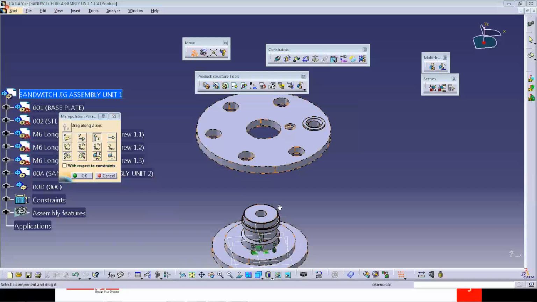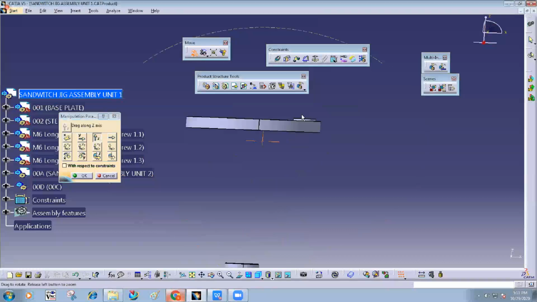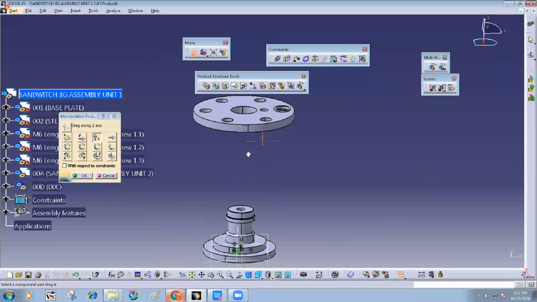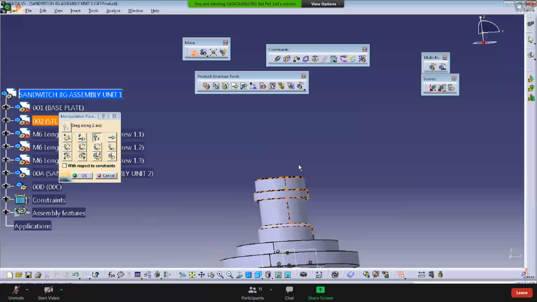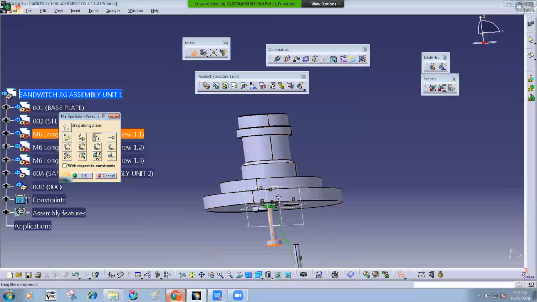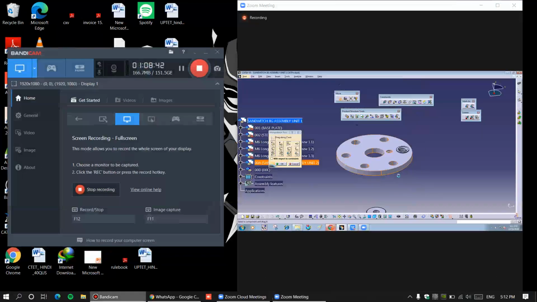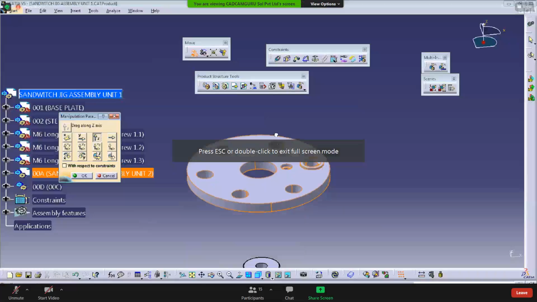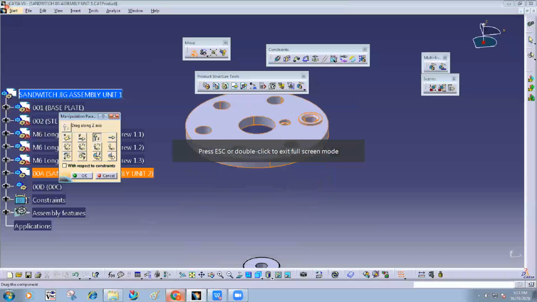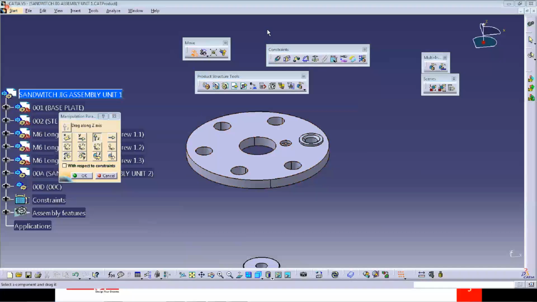Is there any difference between this type of movement and this type of movement? I move another part, and I move here. What is the difference?